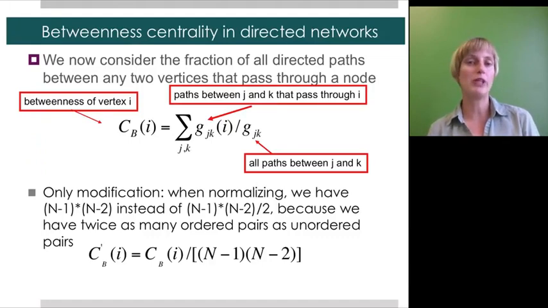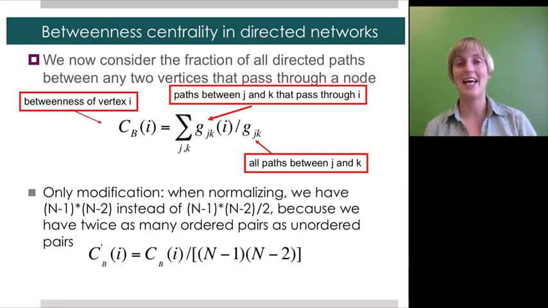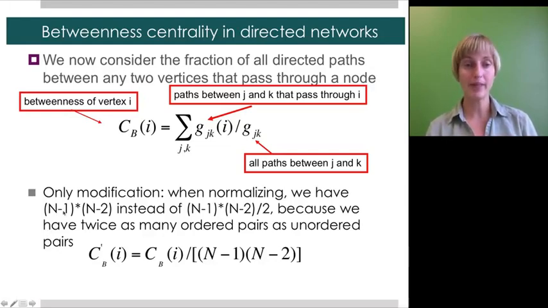So if you remember when we talked about betweenness, this was simply the number of paths between all the other pairs of nodes that pass through our node of interest divided by the total number of paths that those pairs have. And what we're going to do is we're just going to change it. We're going to say, instead of undirected paths, these are going to be directed paths. And when we normalize, we're going to have here n minus 1 times n minus 2,